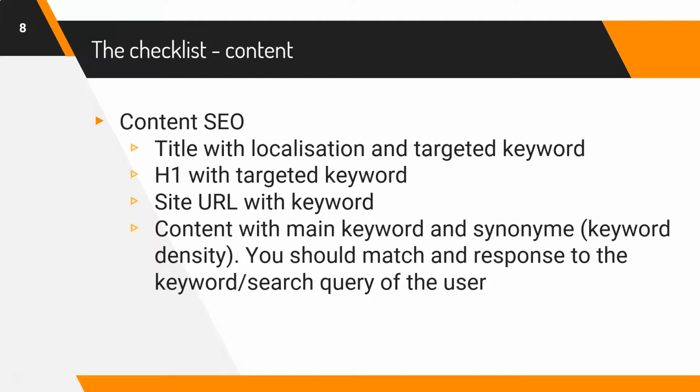So, content with the main keyword and synonyms. Like we said earlier, we often say content is king, so we want to resolve the keyword or the search that the user is doing. So when people search, for example, for lawyer in Miami, we want to give a page that explains what a lawyer is and what your shop of lawyer is, and that you are in Miami, so you will show up more easily in the search engine.